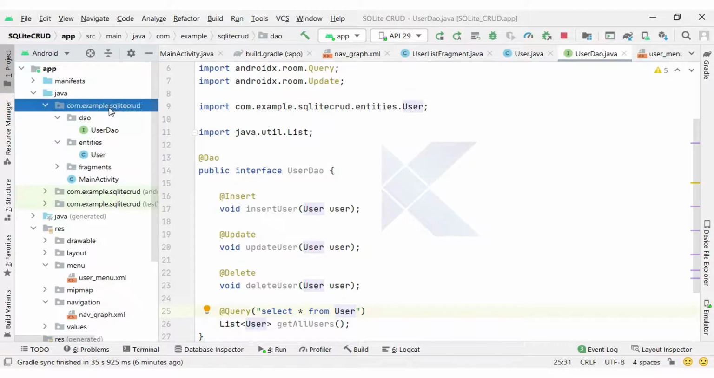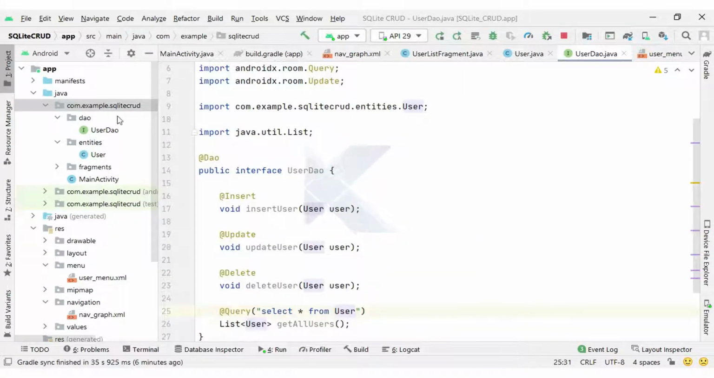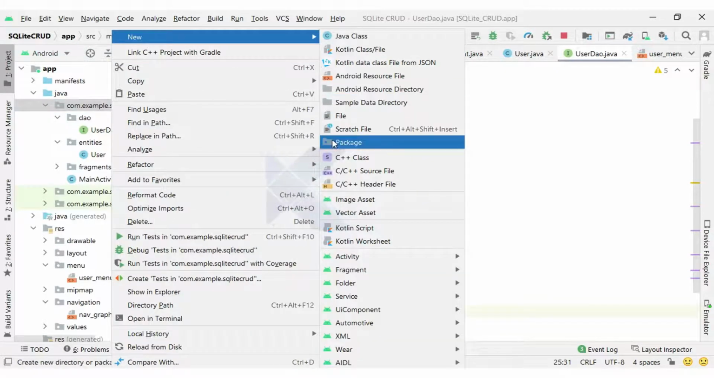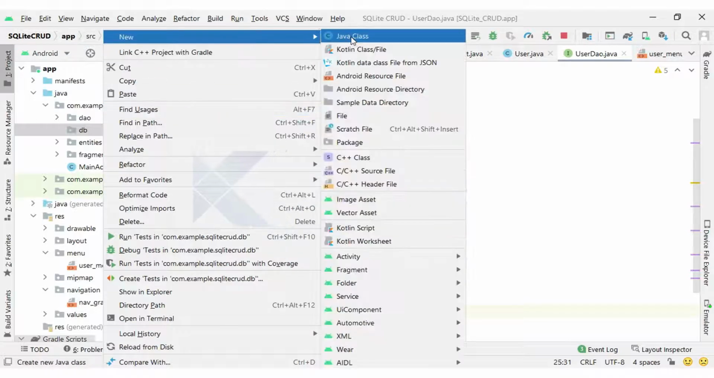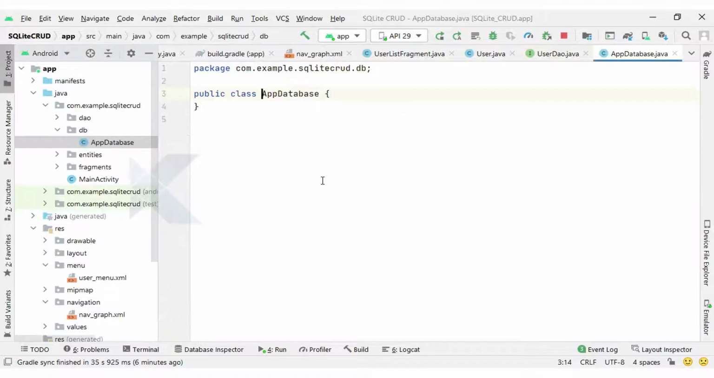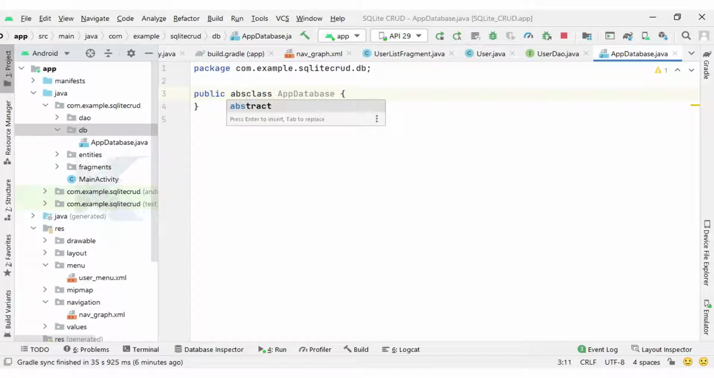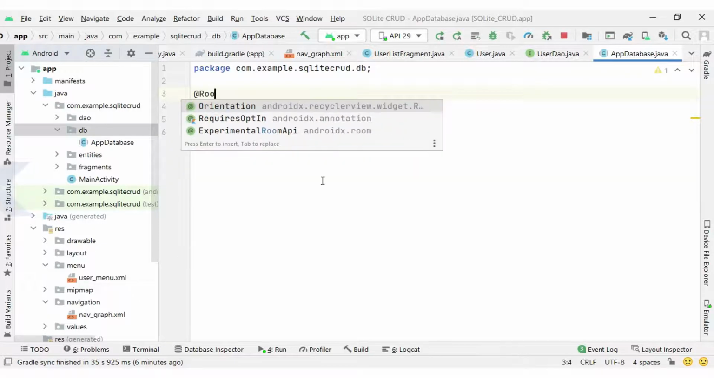Next, I am going to create one more package for the database. Let me create one more package here, db, and inside the db package I am going to create one more class, AppDatabase. For the database we need to create a class that will be an abstract class, and this class will directly communicate with our database. Before this class we need to set the annotation, that is Room